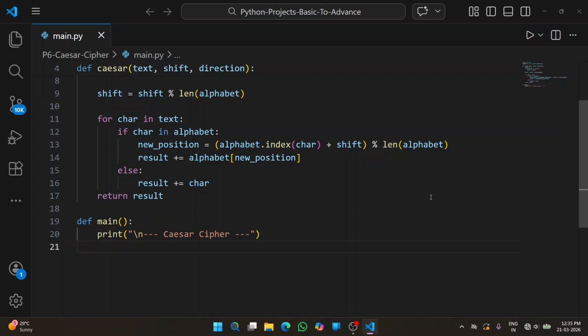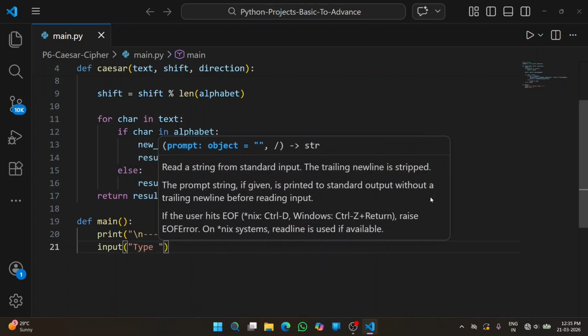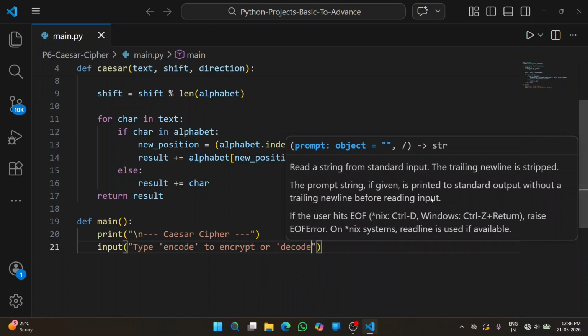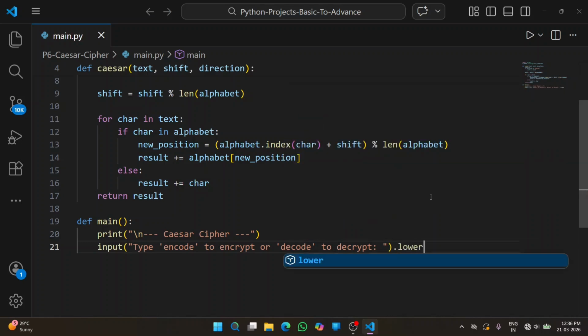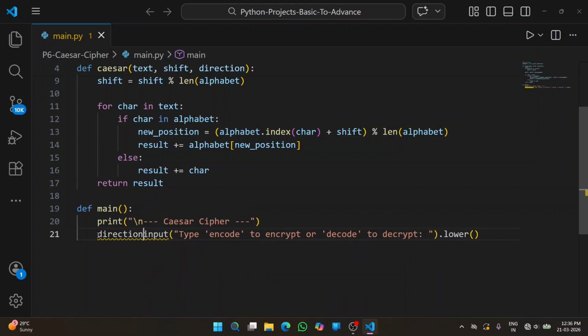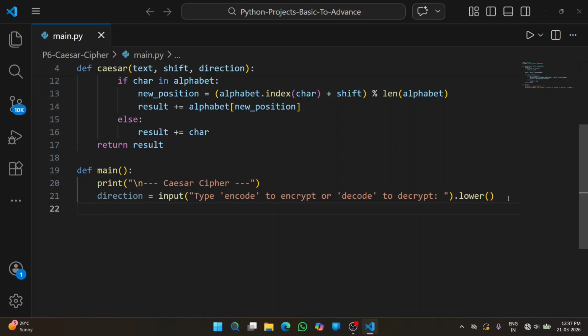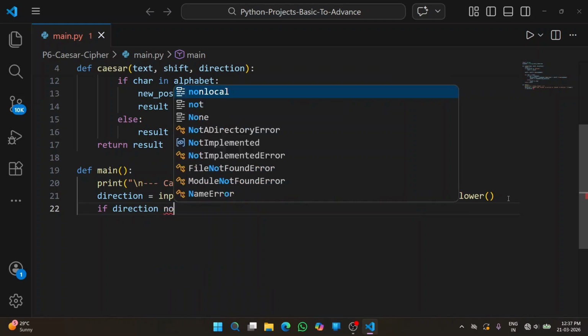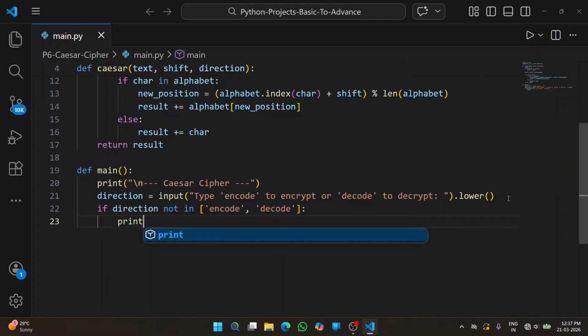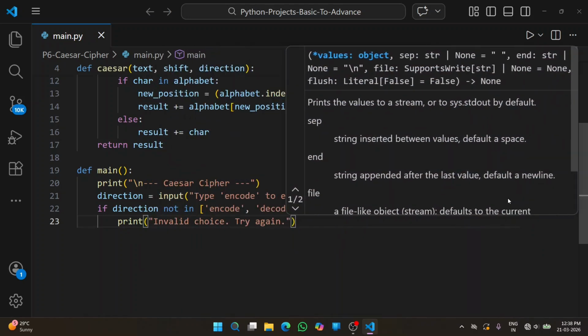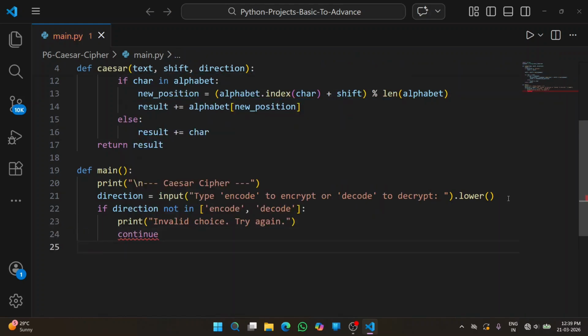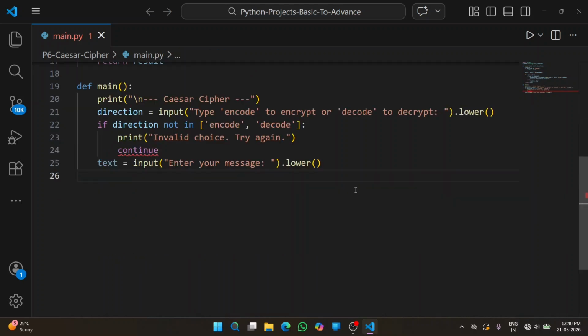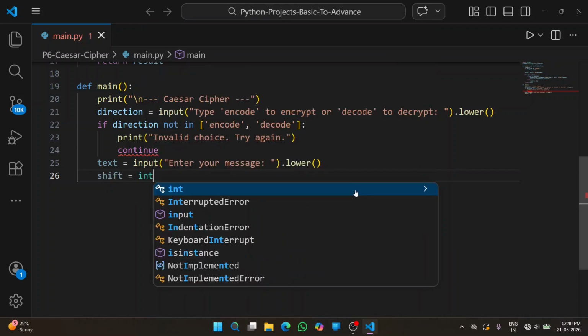Now ask user what they want, encode or decode. For that, input, and give lower and store it in a variable, let's say direction, and check for the condition like user types other than encode or decode, like if direction not in encode, decode, and give one print statement like invalid choice, and we can give continue, and now ask user to enter a message like text, so let's say input, and store it in a variable, let's say text, and take another input for shift, let's say shift equals to int of input,